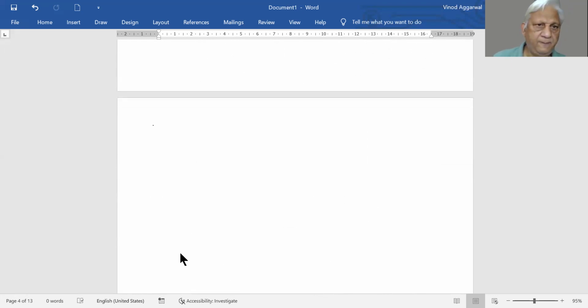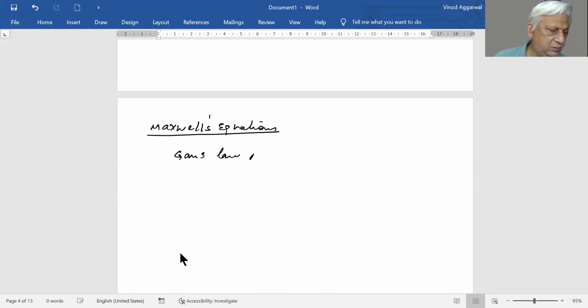We call them Maxwell's equations. And what are those? First is a repeat of some previous equation we have seen: Gauss law for electricity, E dot ds is equal to, you've seen it earlier,